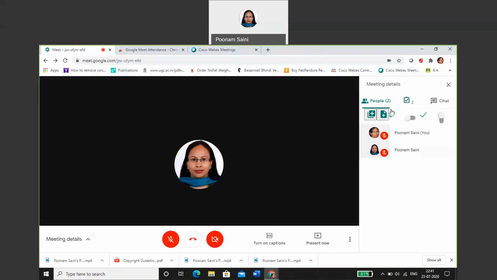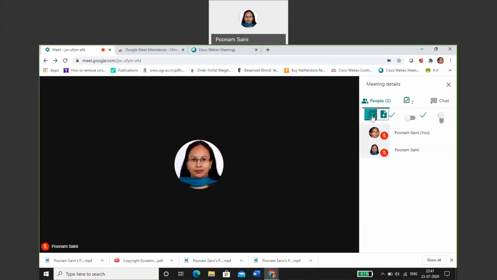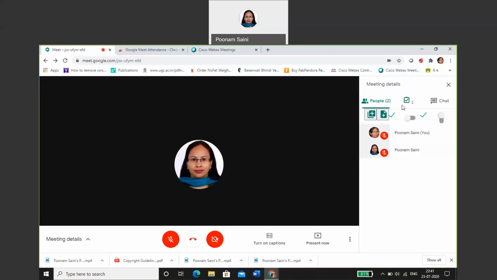And once this is updated, you can click upon this Excel sheet and import this Excel sheet to your Google spreadsheet as well. So you can go with this, and the attendance will be automatically recorded in the form of timestamps.